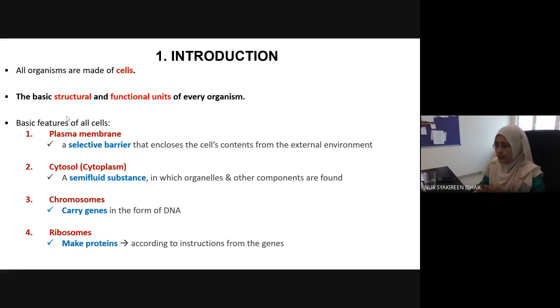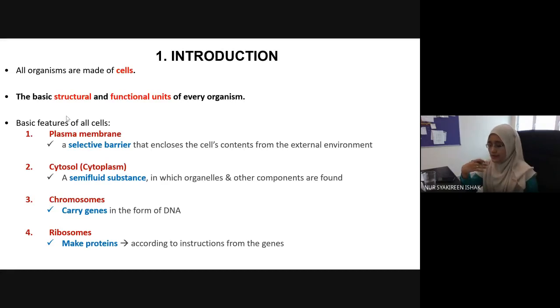chapter 3. The second basic feature is that all cells must have a cytoplasm or cytosol, which is a semi-fluid substance in which organelles and other components are found. After that, all cells must have chromosomes, which function to carry genetic information in the form of genes in the DNA. And then the last one, all cells